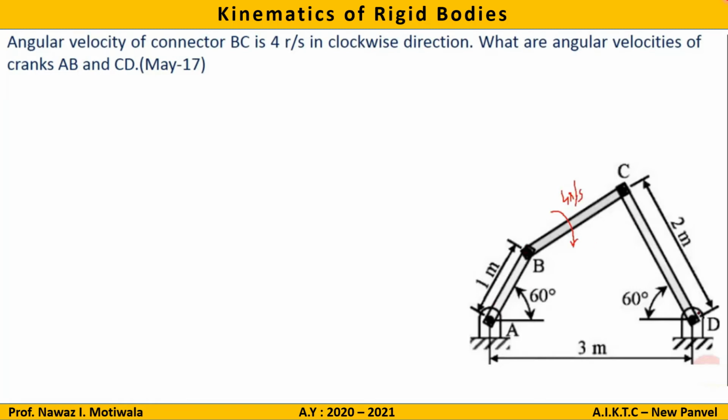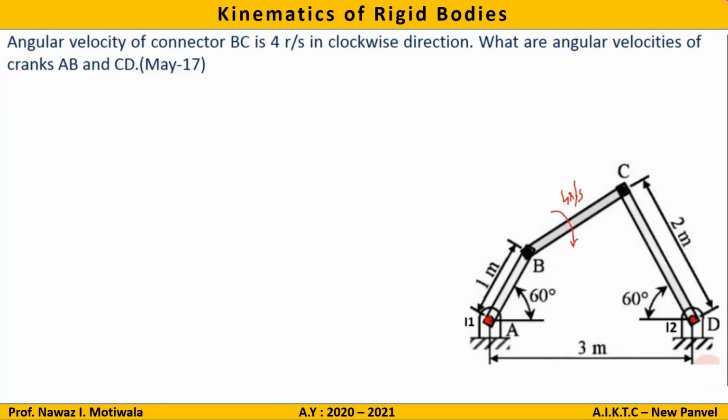Okay, quickly, what is the first step? First step is to find out ICR. How many ICRs will be there? There will be 3 ICRs because there are 3 links. Let us go one by one. For this link AB, this link is hinged at point A. This will become ICR, so I will write this as I1. For this link CD, this point is a hinged point, that means this is a point of zero velocity. Hence, I will consider it as an ICR for link CD. So it will be I2.